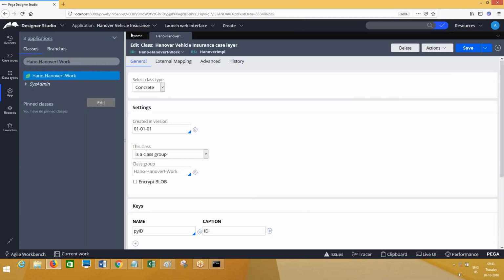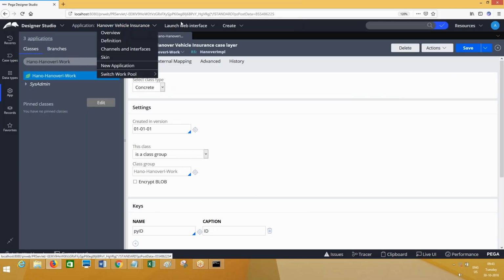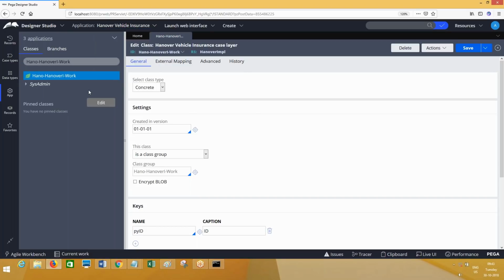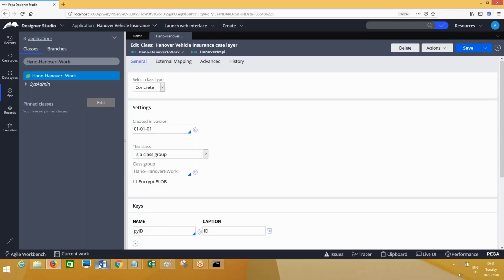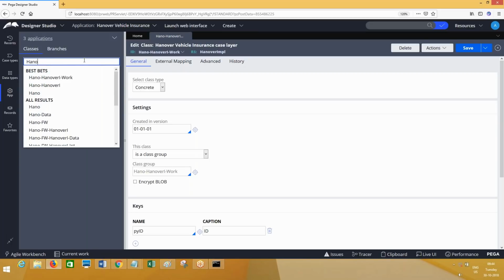Hanover Insurance framework. I think it is not available. I'll show you how to access it. I will show you application access later. How to access framework classes, I'll show you classes as of now. Application requires the access group to be added in the operator profile and all. Because you don't know access groups yet, I'll tell you later. Now, if you want to access the framework classes, you can go here. Up to here, you backspace.